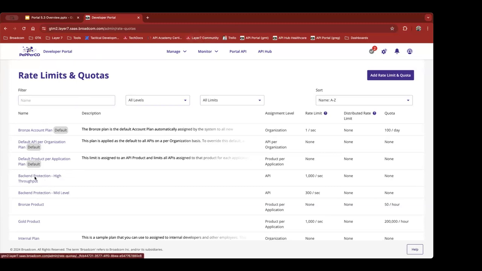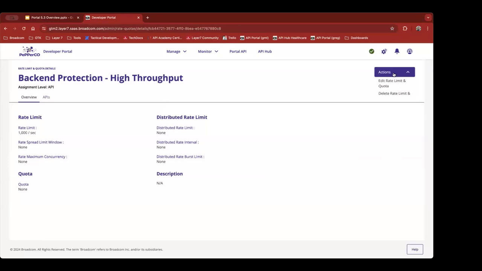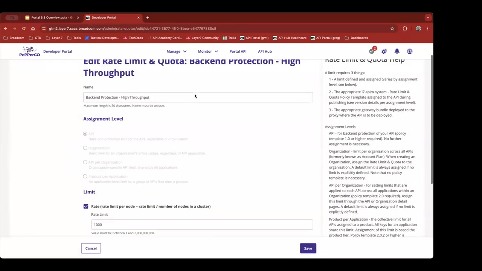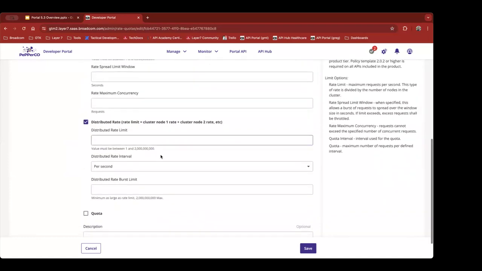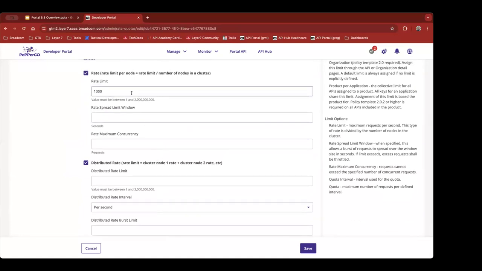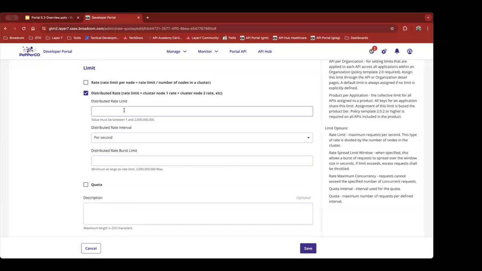So if I pick one of these types and go to edit this rate limiting quota object, you will notice now there is both a rate and now a distributed rate. So it is still possible to leverage the traditional rate limiting, that uses the apply rate limit assertion from the gateway, as well as the distributed. You could configure your rate limit quota to support both, or you may decide you only want to support distributed rate limit. Here you'll be able to put in the limit,